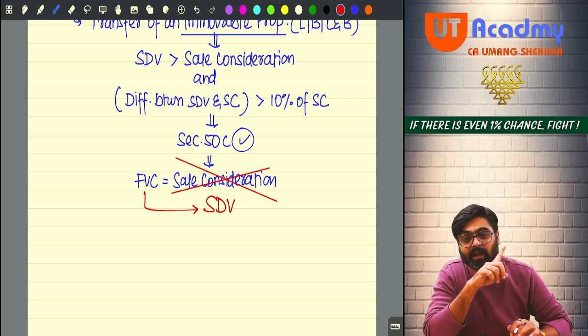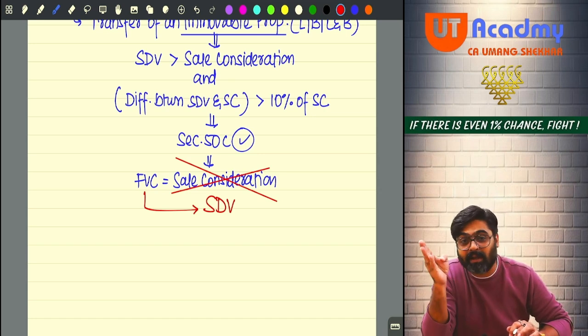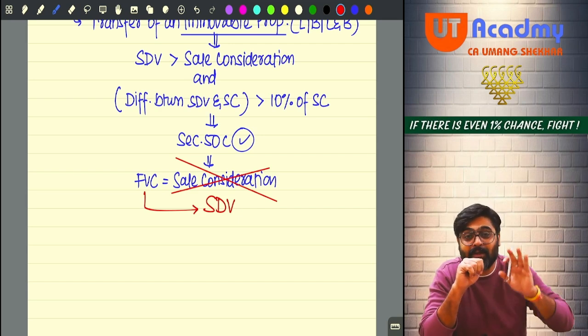So just imagine 100 flats are there, guys. Every flat, on an average, he has taken 10 lakh rupees in cash. 10 lakhs multiplied by 100 flats. How much is the amount? Approximately 10 crore. He earned in cash and he did not pay tax.